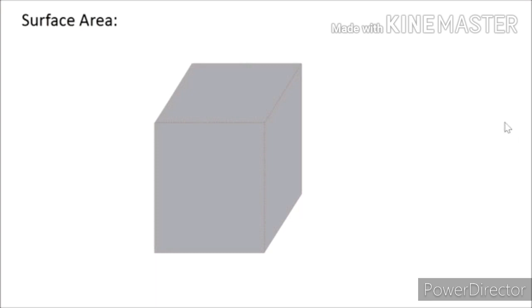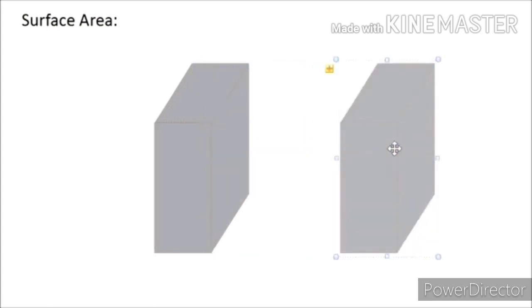That is because there will be more surface area exposed. Let us take the example of this cube. If I split this cube in half, I have increased the surface area because now there is this whole surface which is now exposed, and it is the same on the side of the other half. So splitting this cube in half hasn't changed the overall volume. The volume is still the same.